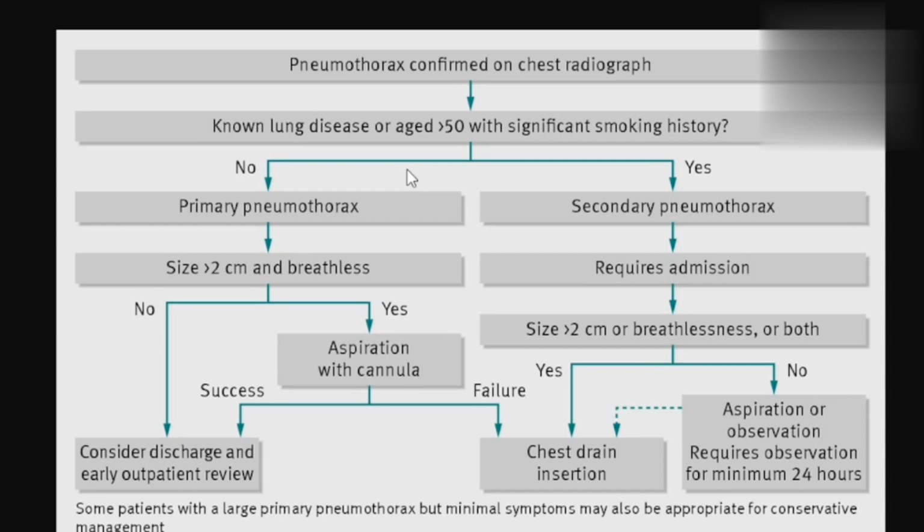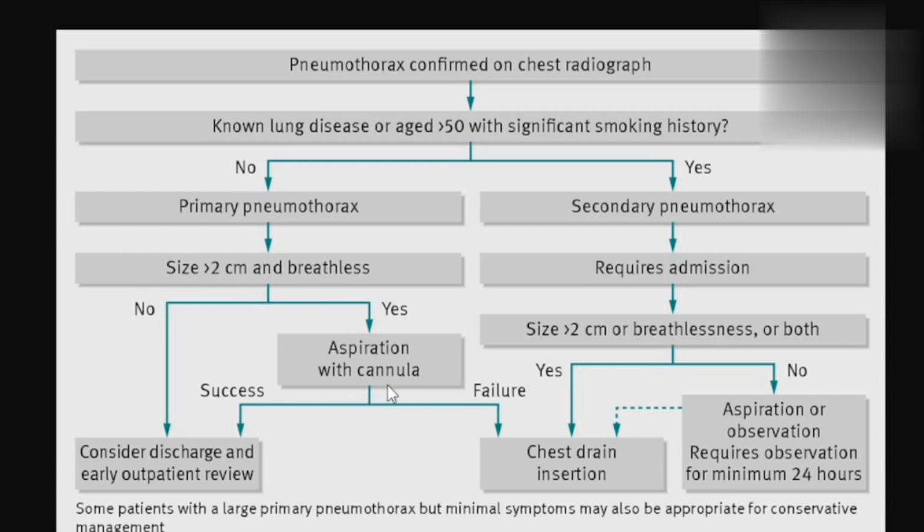If there is no lung disease, the patient is not more than 50 years old and there is no lung history, that is known as primary pneumothorax. And if these histories are present, then it is known as secondary pneumothorax. Then the size of the pneumothorax. If the size is more than 2 centimeters and the patient is symptomatic, like breathlessness, then aspiration should be attempted. And if the patient is not short of breath and the size is not more than 2 centimeters,